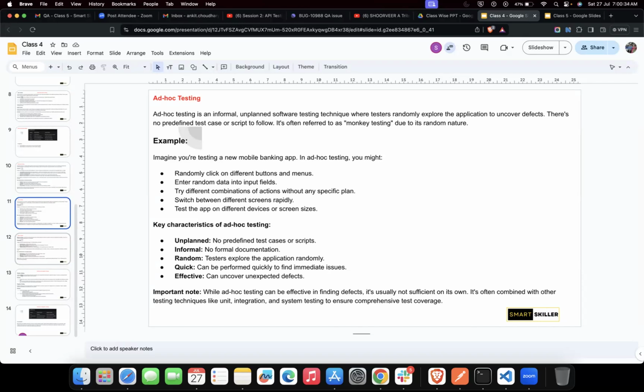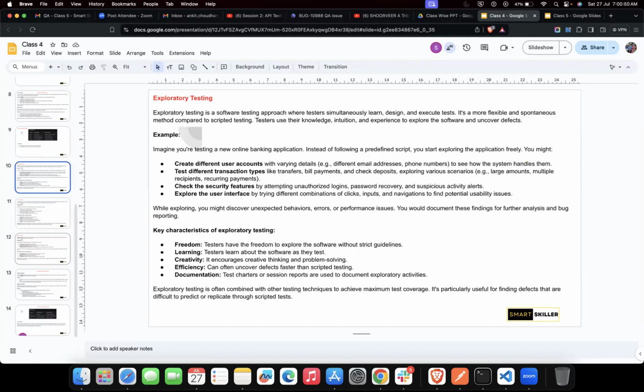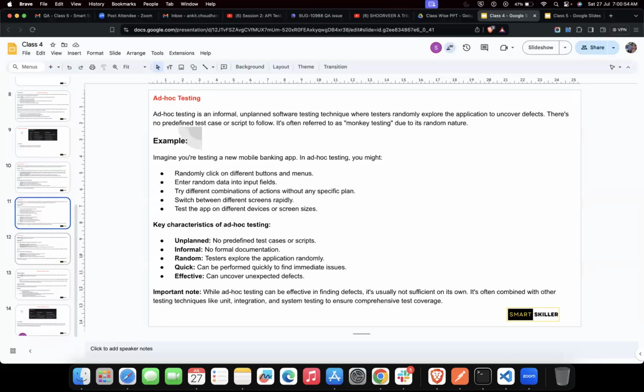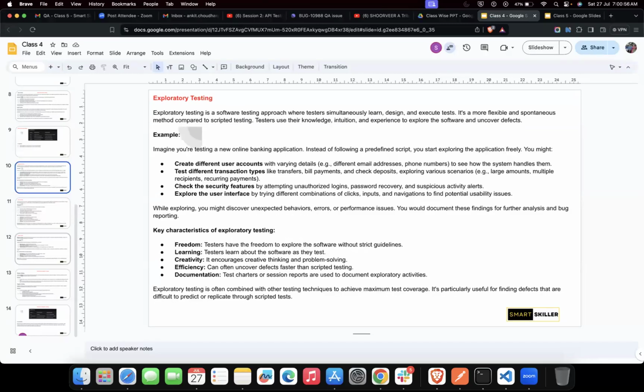It is mostly similar. Even monkey testing is performed without any test cases, and ad hoc testing is performed randomly. So it is kind of similar, but